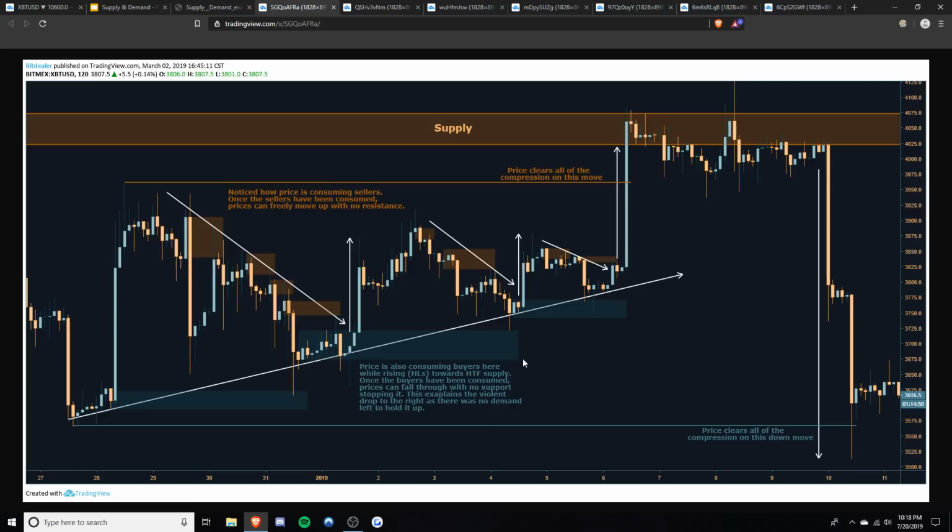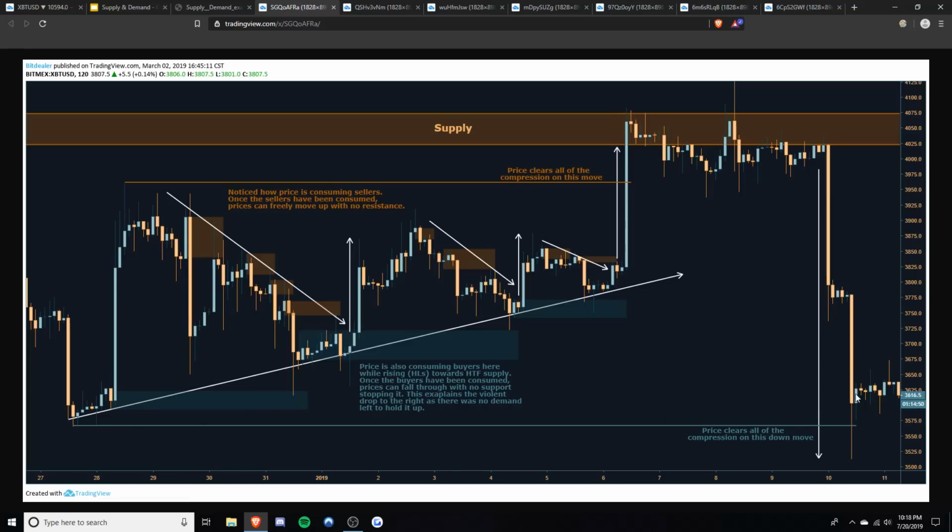So you can see right here I have price also consuming buyers here while rising higher lows towards high time frame supply. Once the buyers have been consumed, price can fall through with no support stopping it. This explains the violent drop to the right as there is no demand left to hold it up. So you can see once price tapped into this high time frame supply zone, it is a violent drop, and